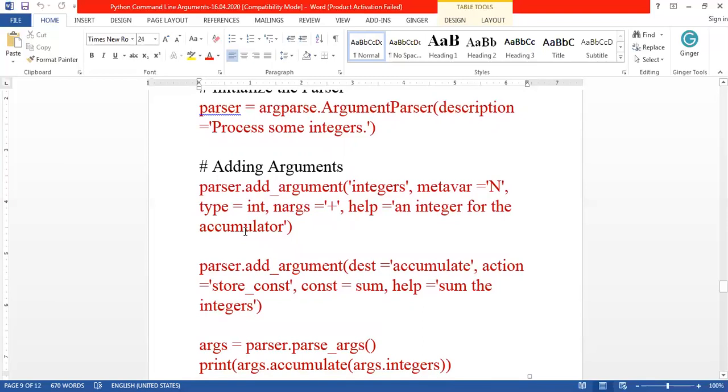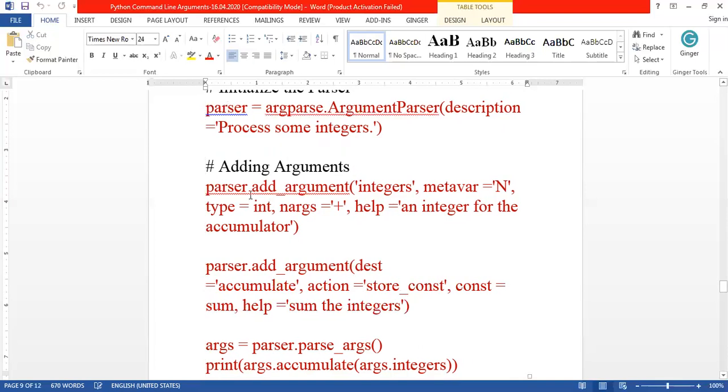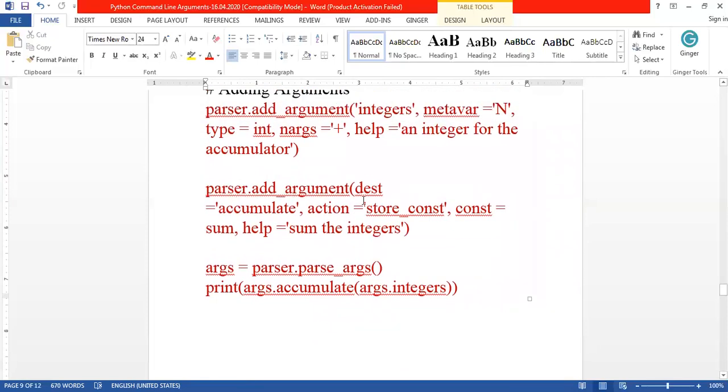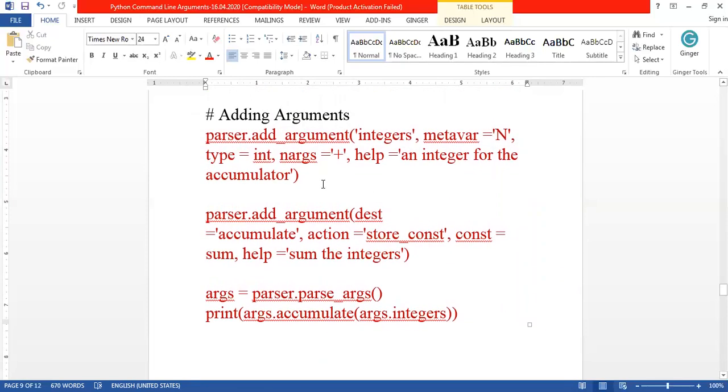Next, the first part is creating a parser object. The next part is adding the arguments information to this parser object. Here the parser object is named parser, so it will call the add_argument function. This will store the information about the command line arguments given by the user into this parser object. Okay. After that, one more thing has to be added here.